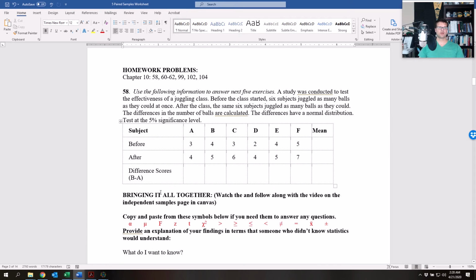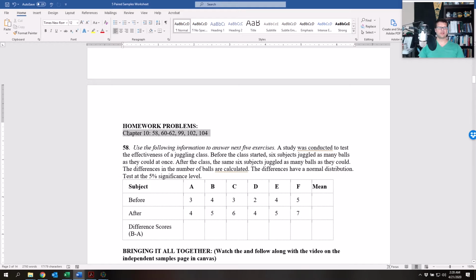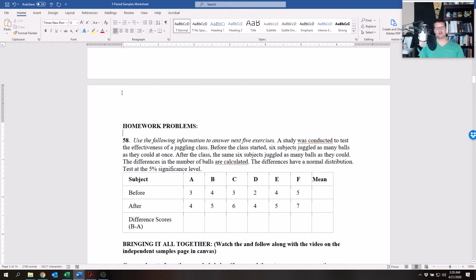So let's go through this homework problem. I know that it says all this stuff up here. I'm going to delete this. Just follow along with this worksheet. Okay, so